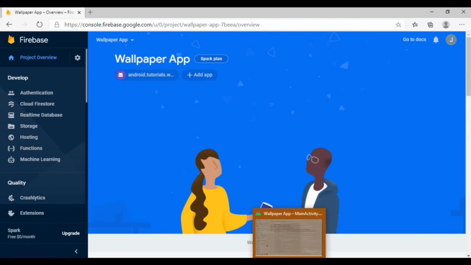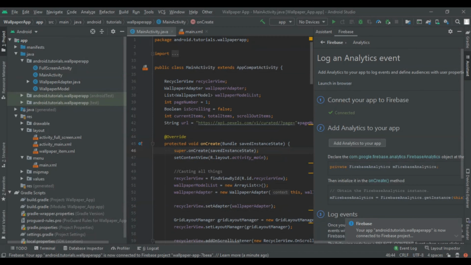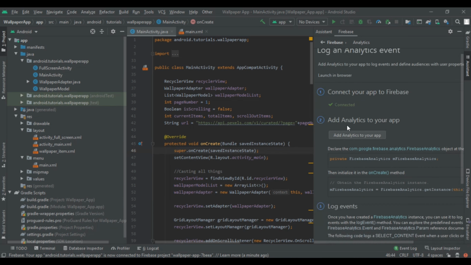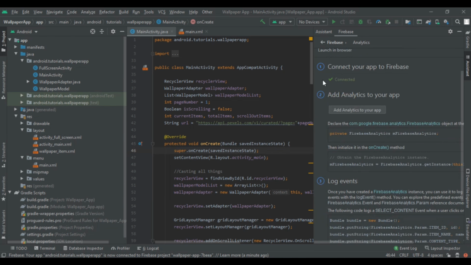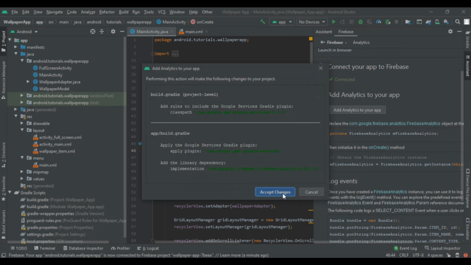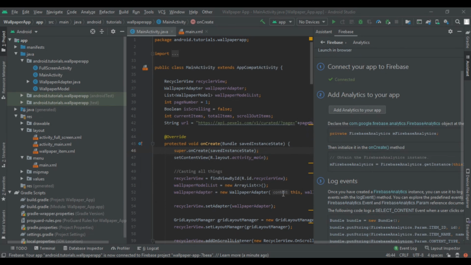So first let's implement all the dependencies, and you will see one pop-up that will say that your package name is connected to the Firebase project of this ID. You have to close that, and after you get this green check button, you have to add analytics to your app and then accept all the changes. After that, it will get synced and we will get the Google Analytics in our Android app.